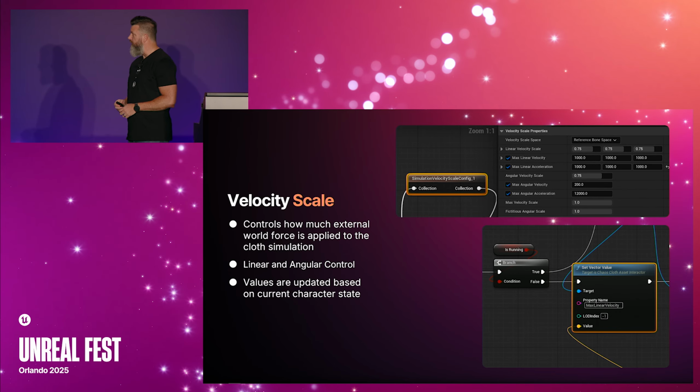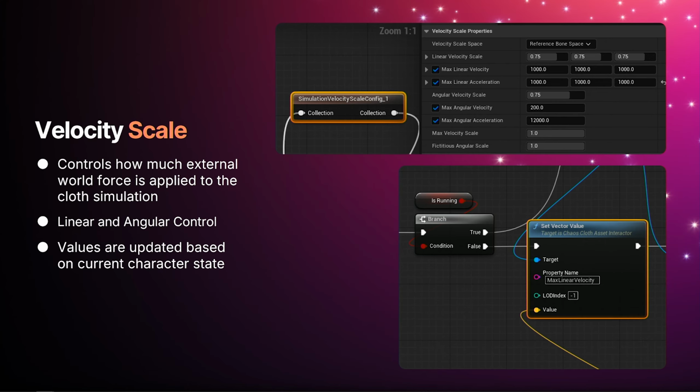So that's the node, the velocity scale. You have both linear and angular control. And then there's a velocity scale, and then there's also clamps. And I prefer to use the clamps on the velocity over the scale, because in the scale node, or excuse me,